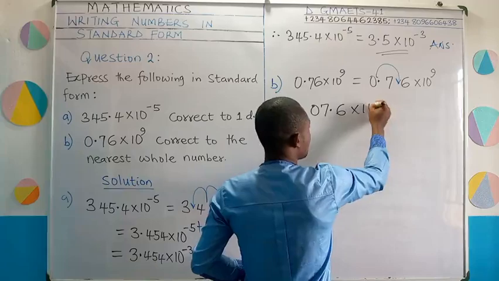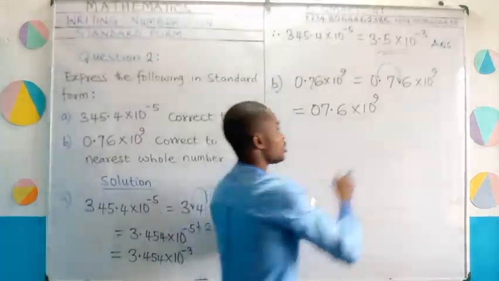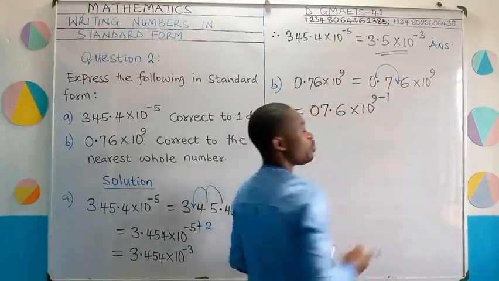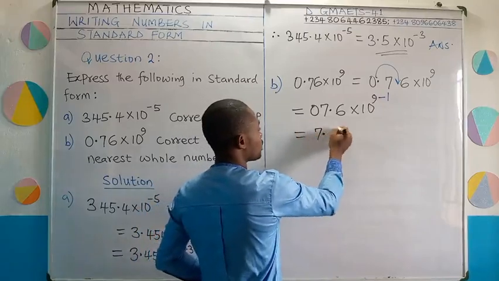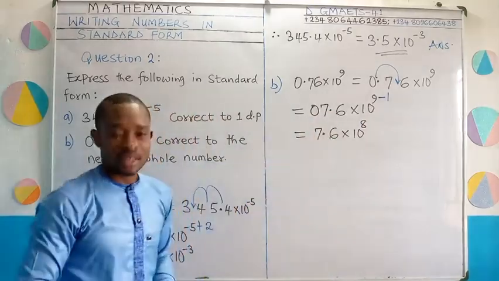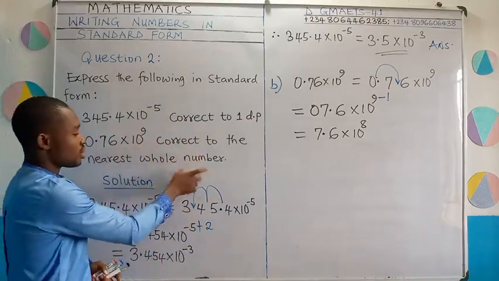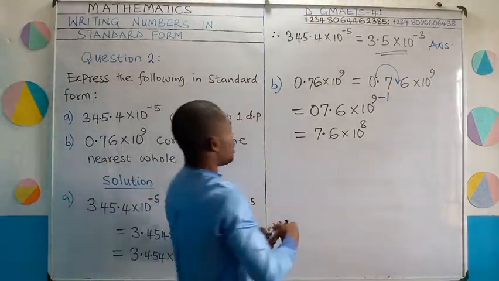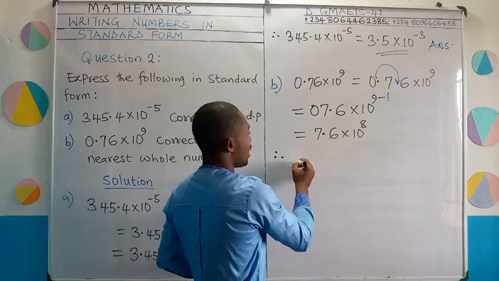0.76 then times 10 raised to power 9. I moved the point once to the right, so I am going to subtract 1 from the power. Is that okay? If you do that, this is going to give us 7.6 times 10 raised to power 8. Now we have to get our answer to the nearest whole number. We can now say, therefore, 0.76 times 10 raised to power 9